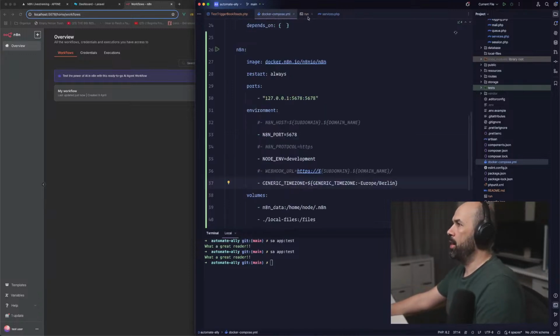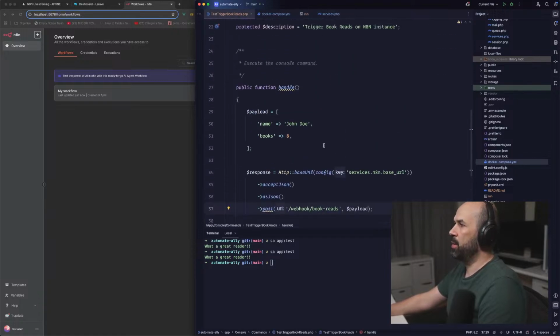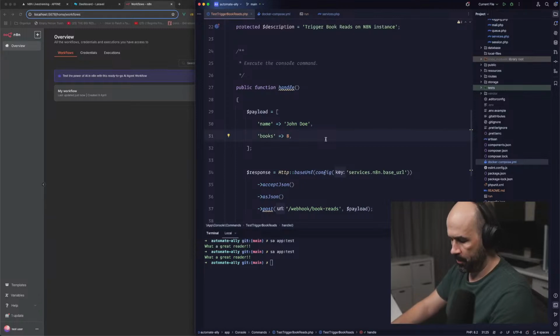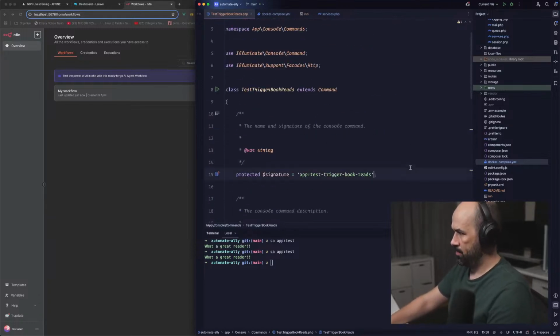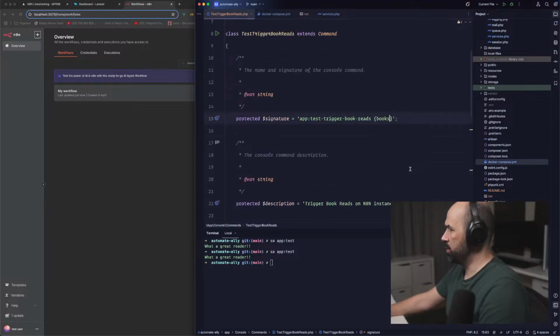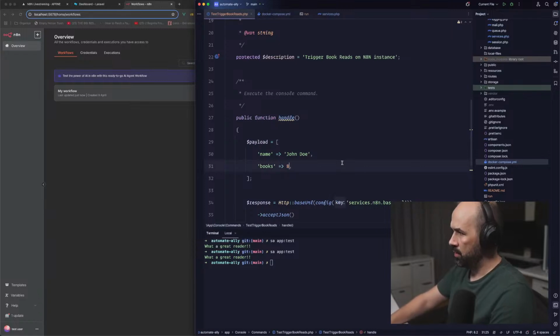But what about... Yeah, I can make this an amount of books, right? How is that done? It's like so, right? Books argument, right? It's mandatory, or something like so. And it's an argument.